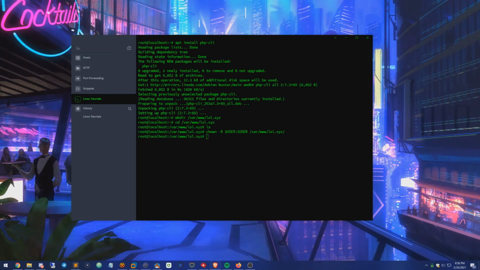And then we're going to make sure that the value for this here is 755. So /var/www/wall.xyz, and by the value I mean the permission value. So let me get my mouse out of there. All right, and then